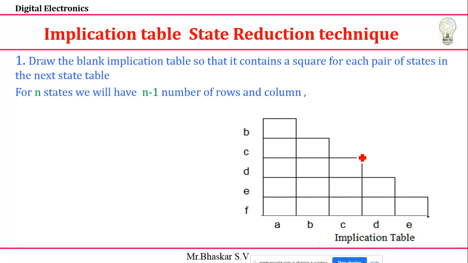If it is 6 states, it means 5, 5. Yes. See, I'm going to write the rows. You can see 1, 2, 3, 4, 5 rows, and 5 columns, 1, 2, 3, 4, 5. And gradually, stepwise, you remove the cells as you write. In this way, you need to write.